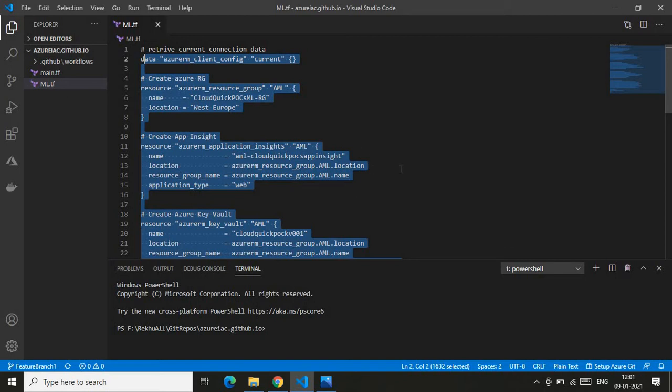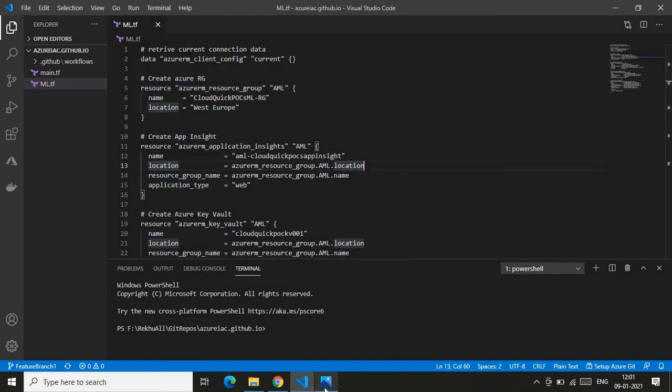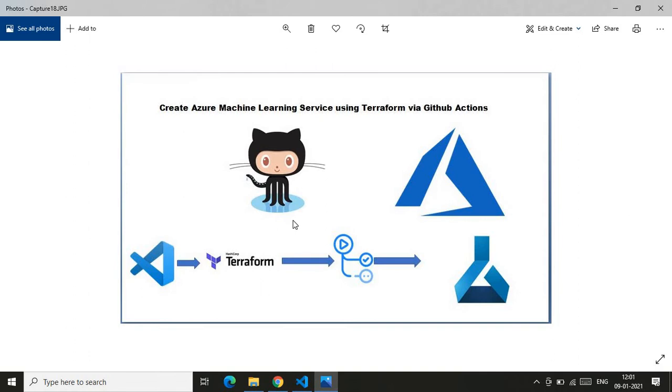Before we jump to the demo, let me finally show you the pictorial representation of this demo. You can correlate now, as I said, I'm hosting my repo in the GitHub account. So under the GitHub account, I have the Terraform and the GitHub Actions. I have kept the GitHub logo above, and below that I'm keeping the Terraform and the GitHub Actions symbols.